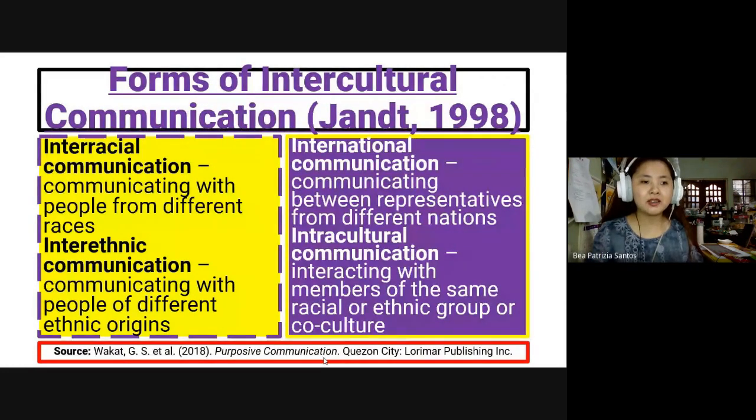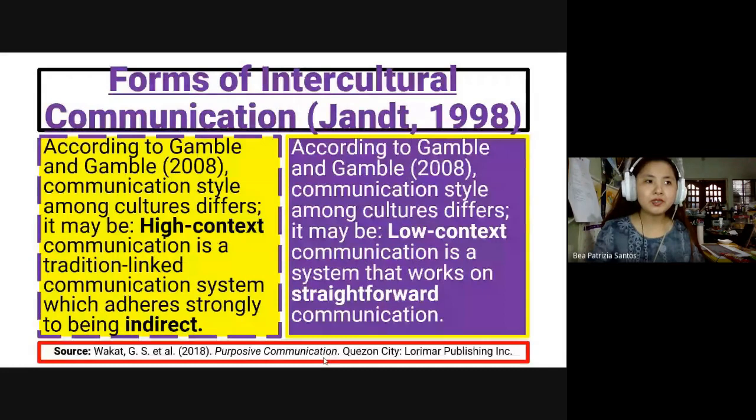Next topic is another discussion about forms of communication. It can be high context or low context. When we say high context, the communication is indirect, while low context, the communication is